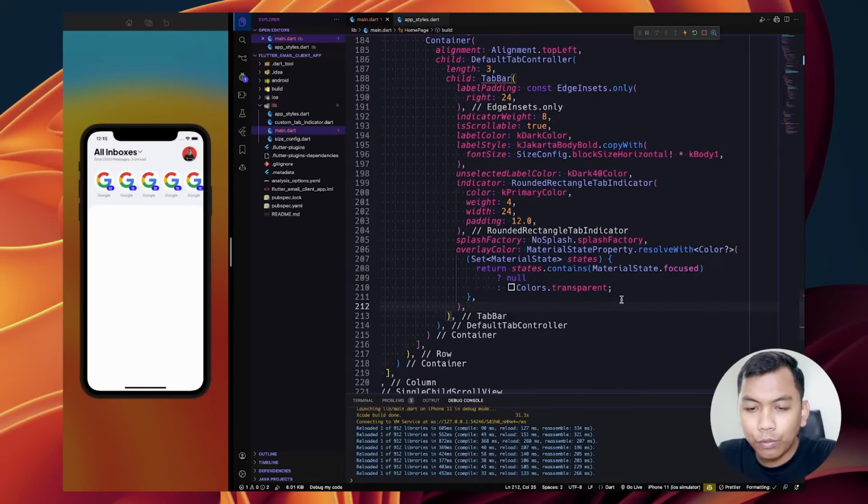Alright, look like this. So for the overlay color, we need to set to be transparent.